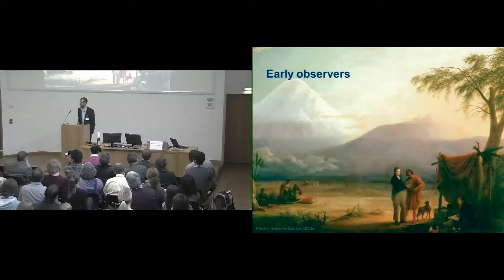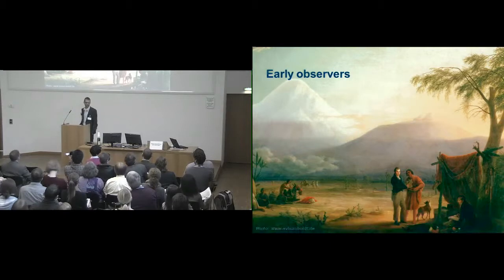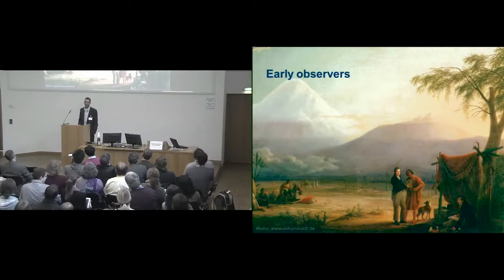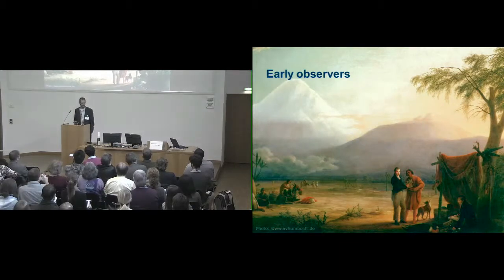I could have chosen a much earlier example here, but I thought being at Humboldt-University, Alexander von Humboldt should make at least one appearance at this conference. And so here he is in front of the Chimborazo in Ecuador that he's about to climb. I'm sure many of you are familiar with his works. When climbing this mountain in various expeditions, he was observing and then documenting in very great detail how climate affects vegetation along the elevation gradients, but also how land use changes along the elevation gradient